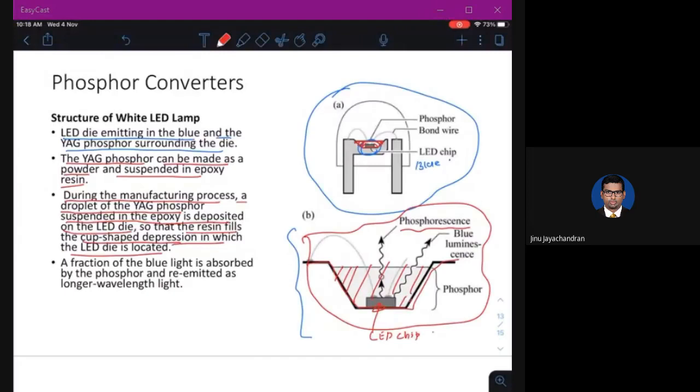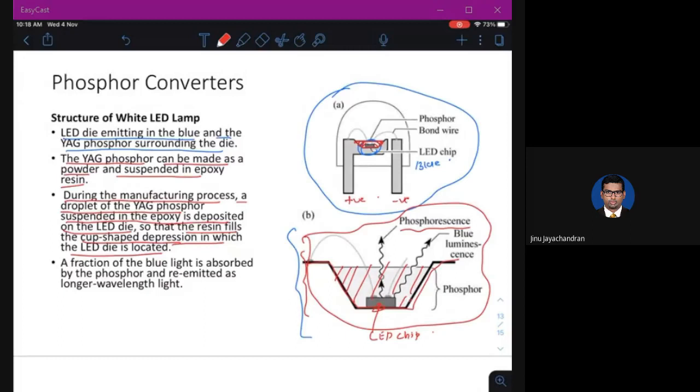Okay, this is a very small structure. So to fill this resin, you just need one drop of phosphor. It will fill this resin where the LED chip or the LED die is. So when you give the voltage, the LED chip will generate the blue light, and the phosphor will absorb the blue light and convert it to yellow or another color, depending on the phosphorescence.